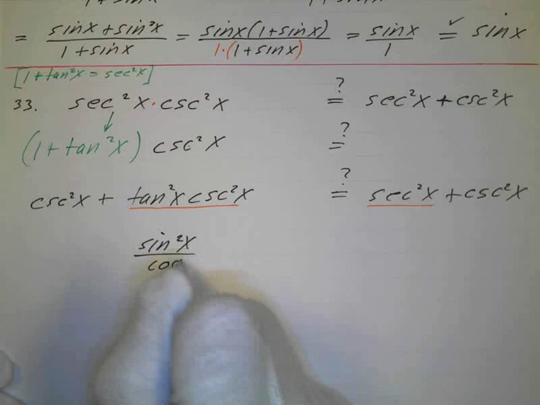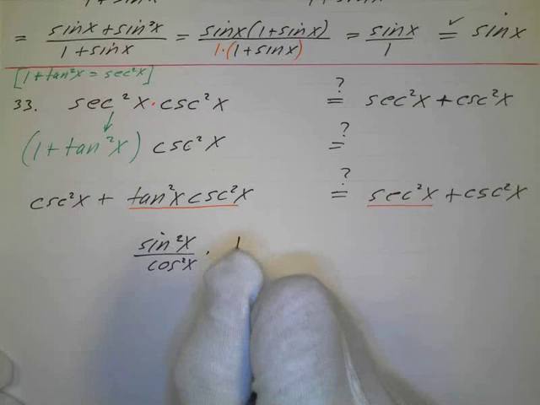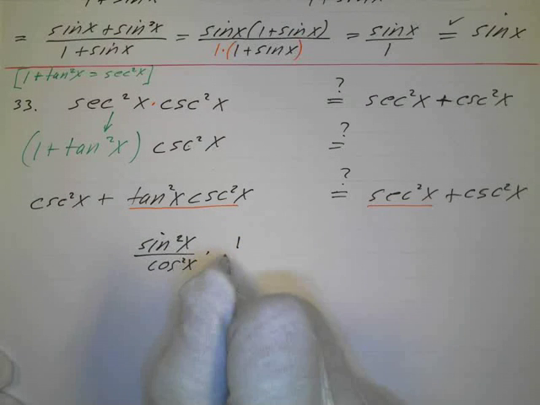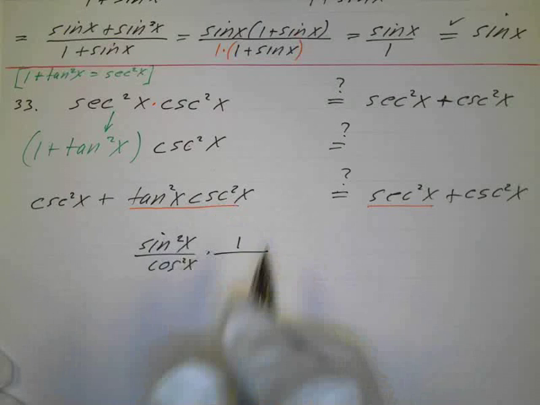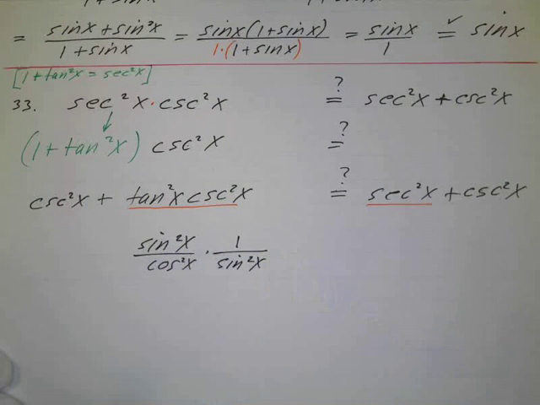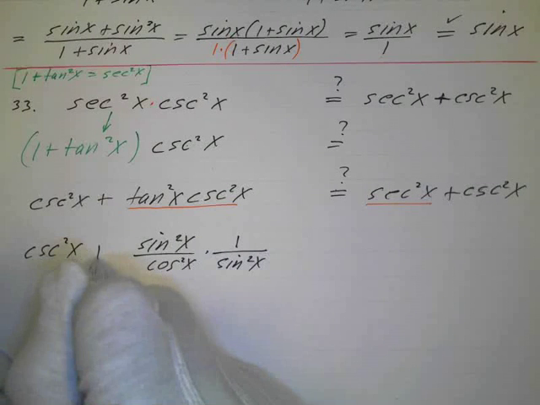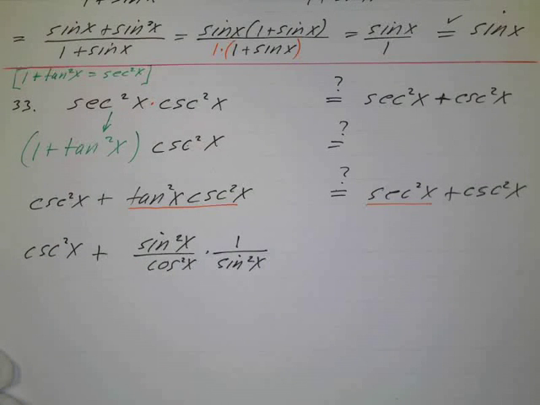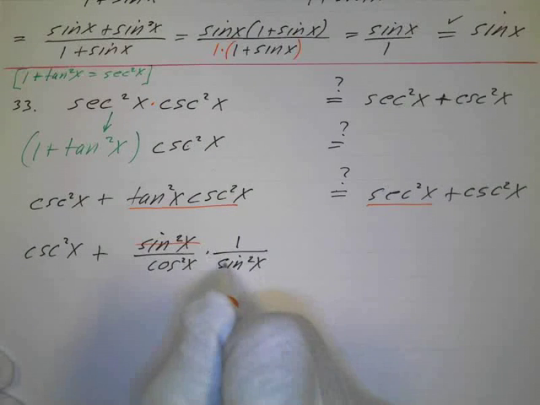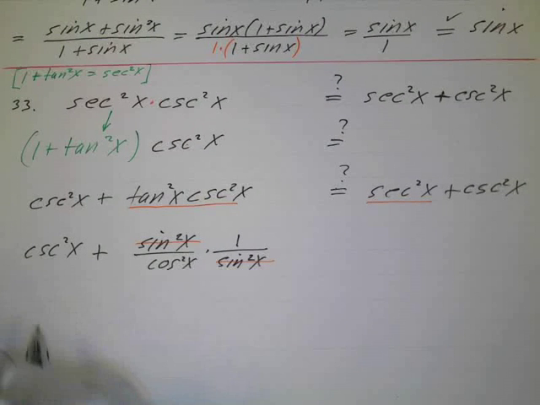Sine squared of x over the cosine squared of x, and the cosecant squared is 1 over sine squared of x. And I still have this cosecant squared of x over here. Well, look here, what happens? The sine squares cancel, don't they? So now I have